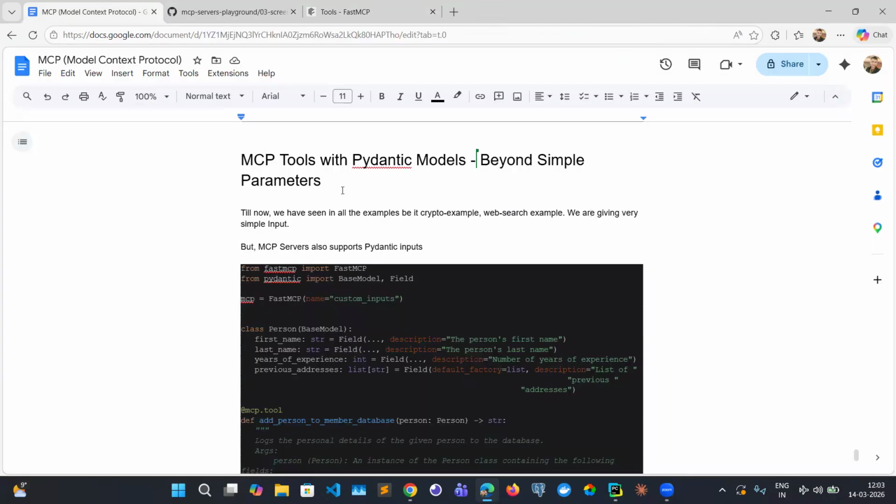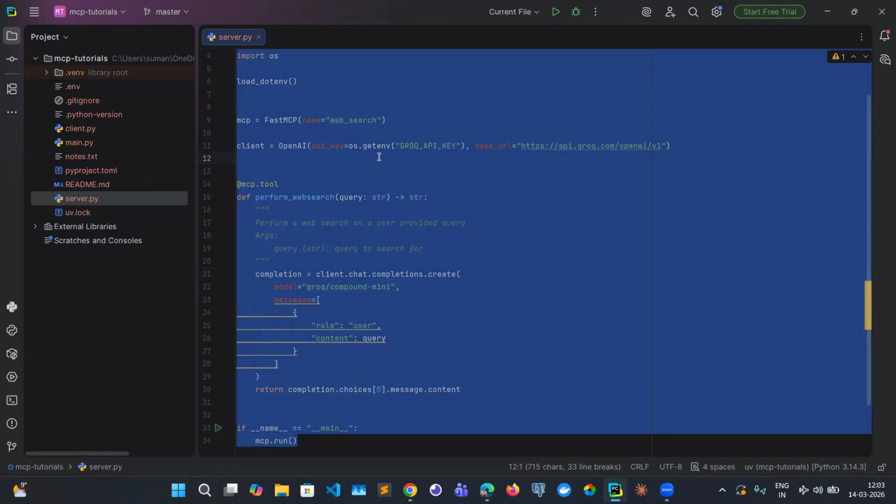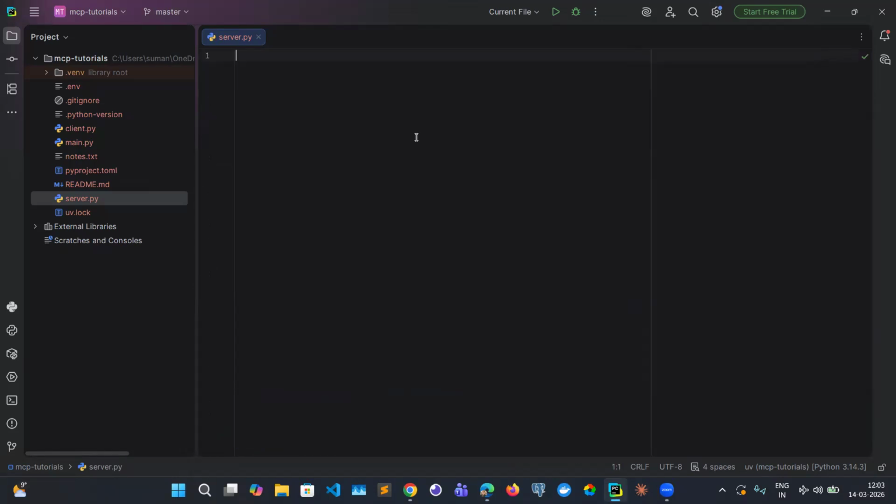So in this video we are going to explore how you can create an MCP server which will take an input, but within the tool we will enforce some data validation, and for the data validation we will use Pydantic models. So let's jump into the code. Let me delete everything. All right, okay. To create an MCP server, we are using the FastMCP library. So let's use this: from fastmcp import FastMCP. Okay, so we need to create a server. Let's create a server, FastMCP, and the name of the server will be